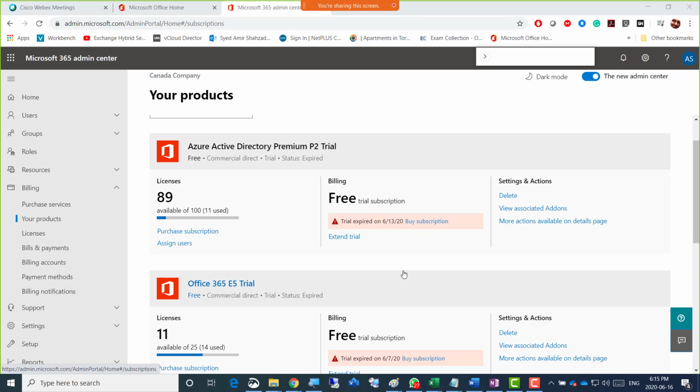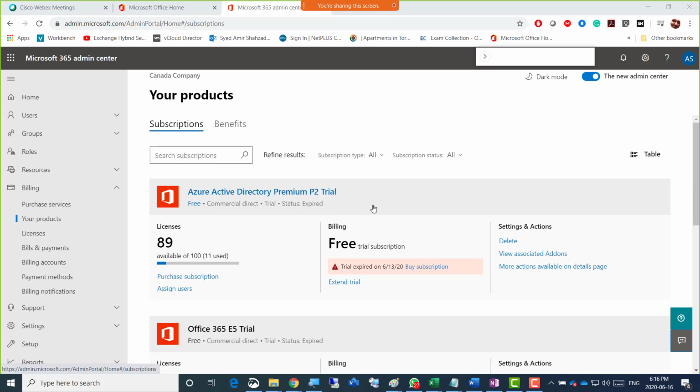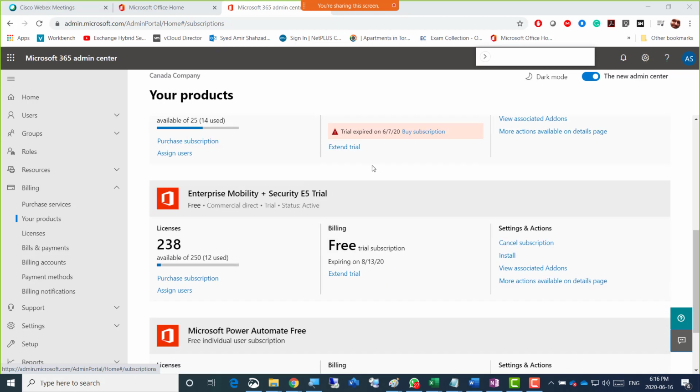Mariam says, first you should delete users from the domain, then remove the domain. Exactly, Mariam. And as you said, Fahad, it says your E5 trial actually expired on the 7th. Oh, so what am I seeing here? Yeah, this is the 7th of June. Oh man, serious. So that was Azure Active Directory Premium 2. I thought that had expired way back. Okay, guys. So yes, Fahad, that's a nice observation here.